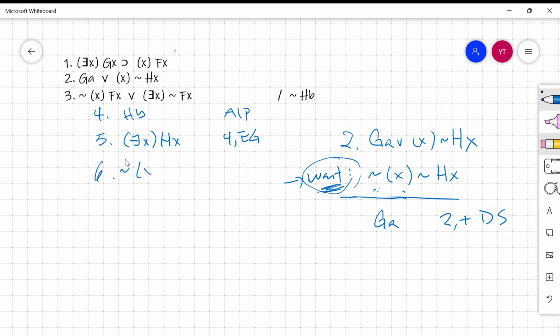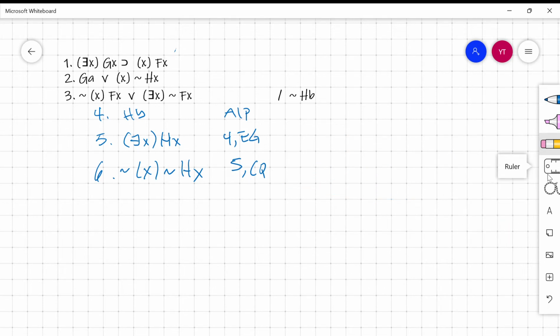What we want is the existential generalization, which we can then see to get the negation of our right-hand side to derive. Okay. What happens